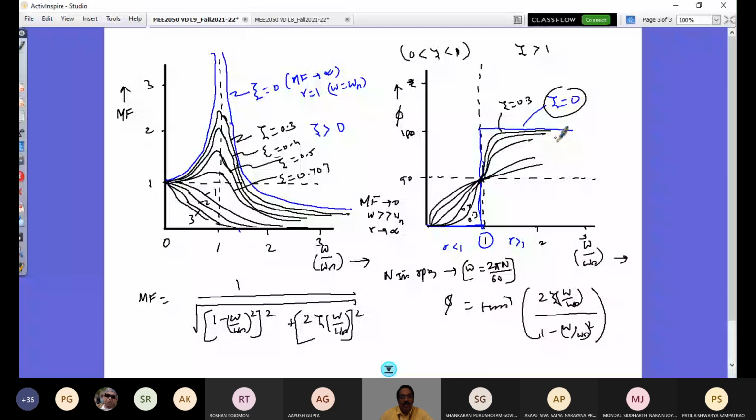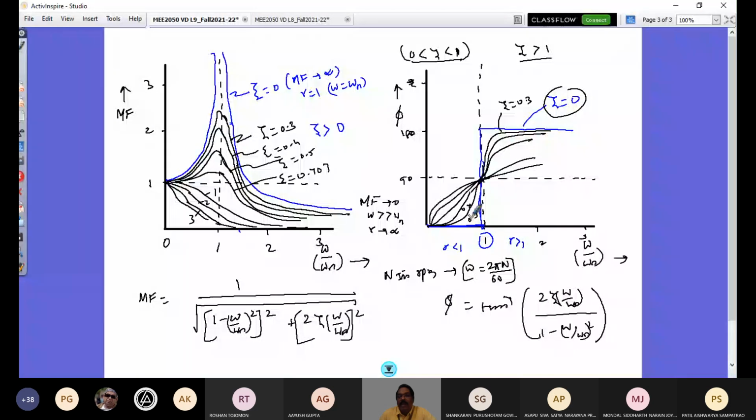This implies what? The excitation and response are in phase and out of phase, which I was explaining to you. And when zeta value is greater than 0, that is this case, you see that the phase angle is between 0 to 90 degrees. So zeta value is greater than 0, and you have your phase angle between 0 to 90 for this range